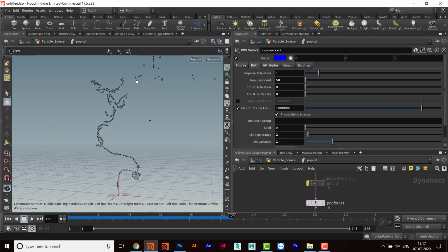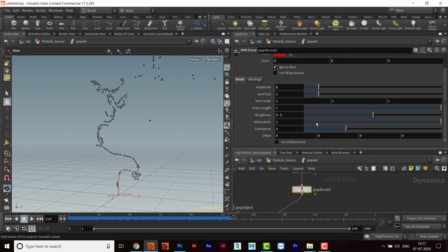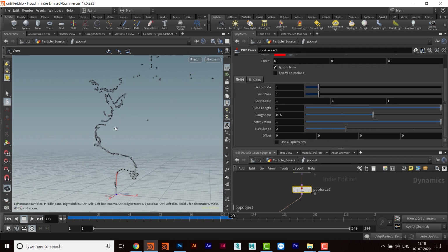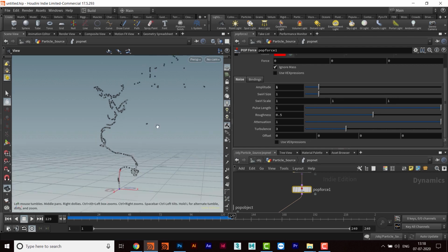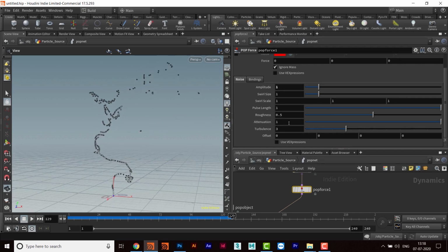And then I can also add one more force to give some sort of air friction, that will be drag force, or maybe I can use some more variables here. Maybe I can reduce the roughness, so that more and more particles will stay together for a long time. If I decrease this value, roughness 2.2 maybe, and then now check this.